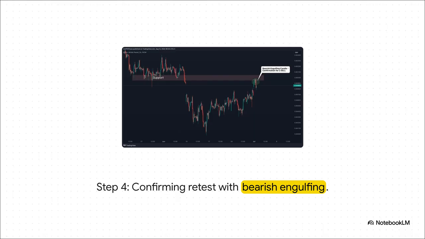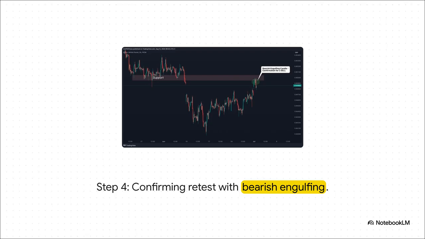When the price comes back up to that level, you can't just blindly jump in. You need actual proof that the new resistance is going to hold. This could be something like an oversold RSI reading, or, as we're seeing right here, a specific candlestick pattern. The price formed a very clear bearish engulfing pattern right at that retested zone. That right there is our definitive, undeniable signal that the new resistance is holding strong and giving us a much